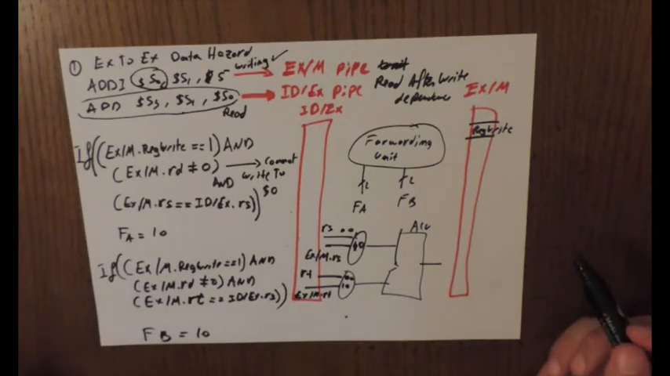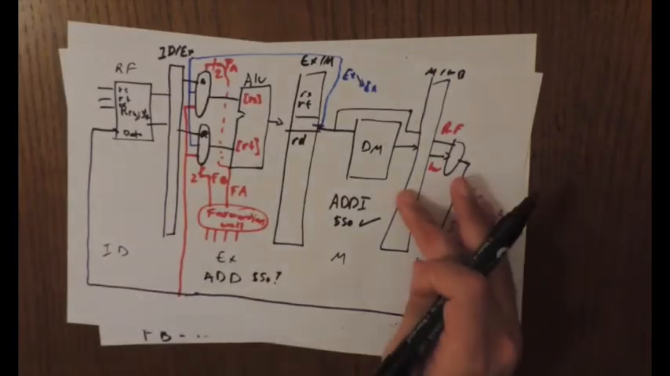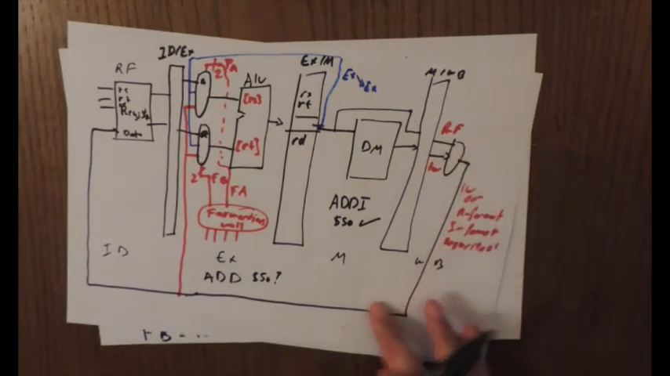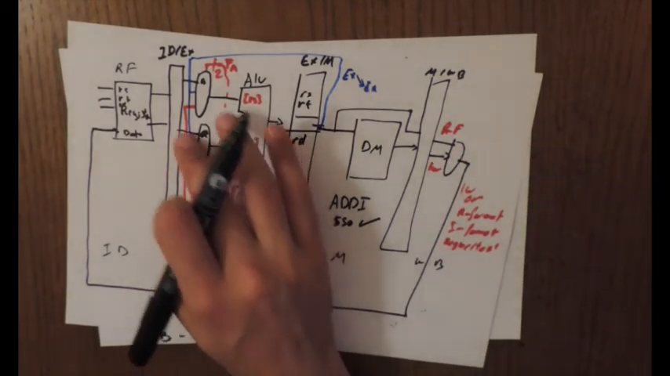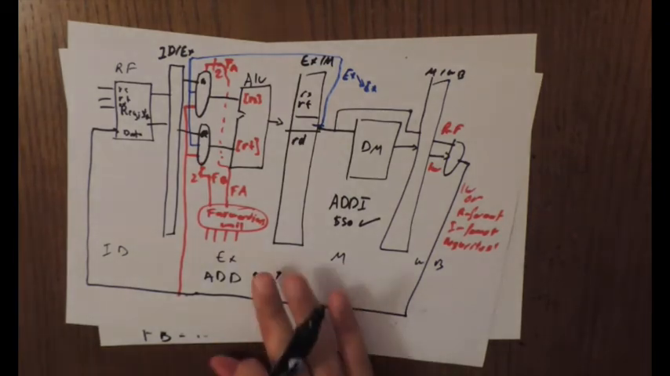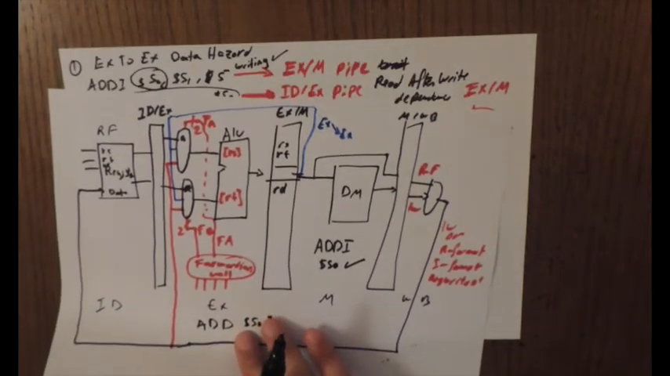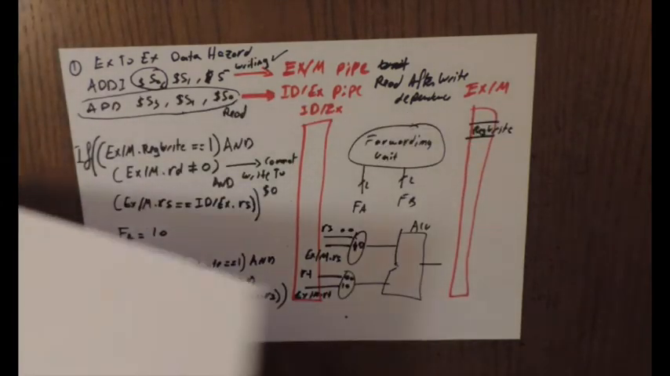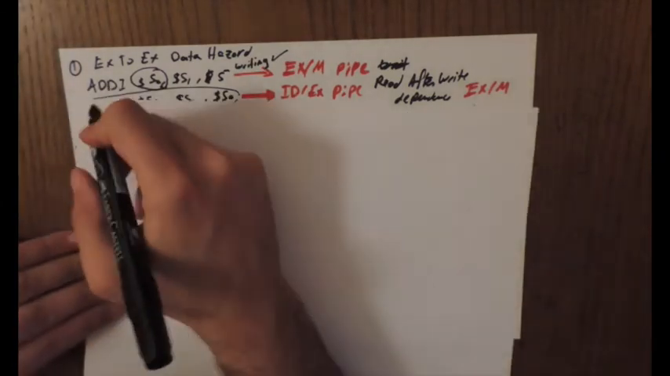Now what about the second case where I have forwarding from the memory, which is this line, to actually RT or RS? I need to include this condition, and I'm going to explain this in a bit. So usually if we have